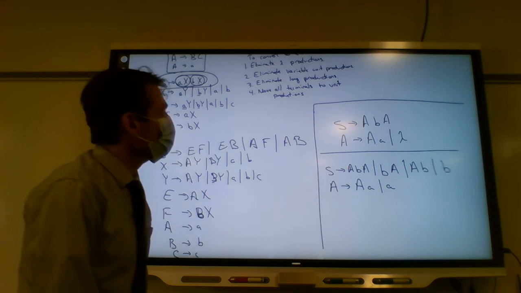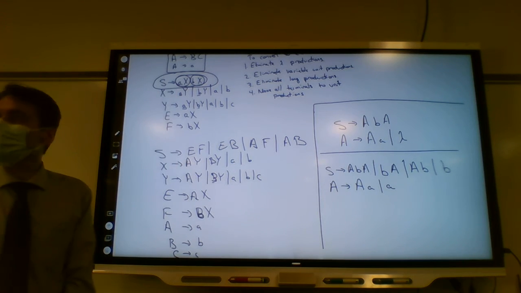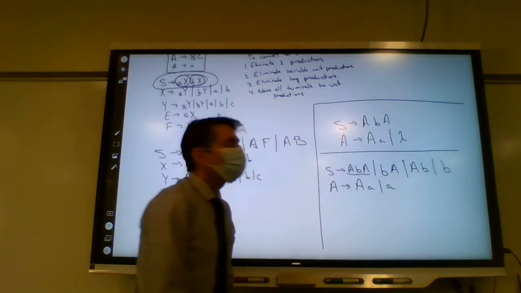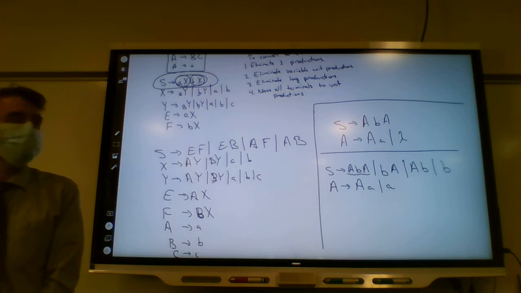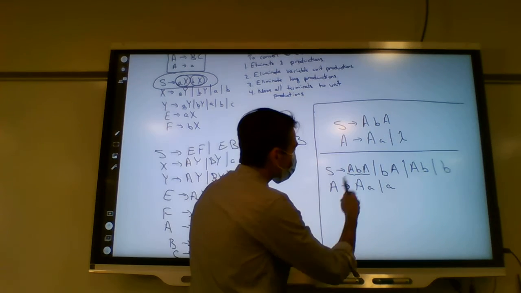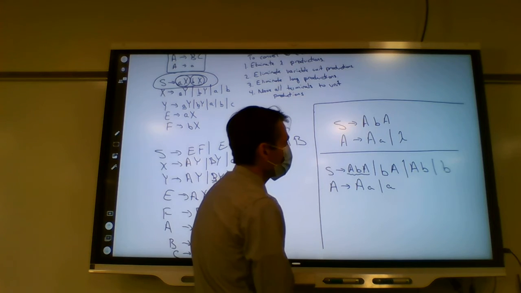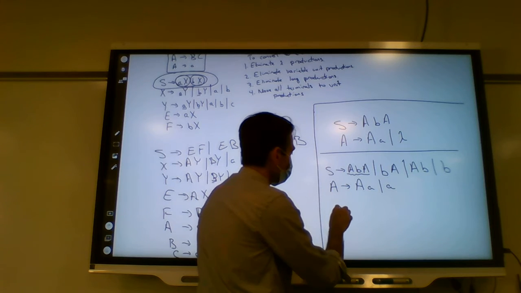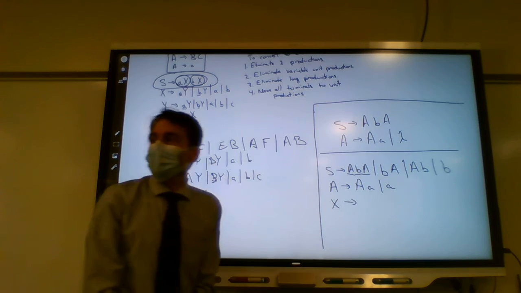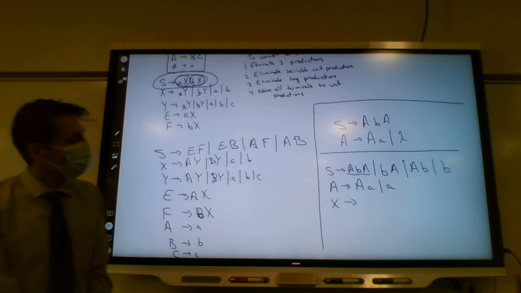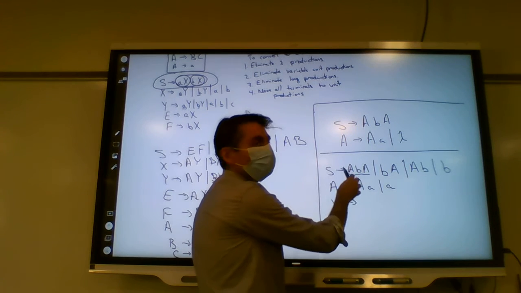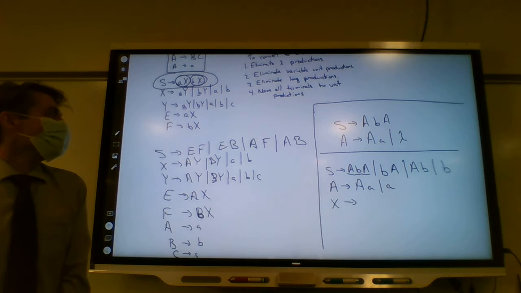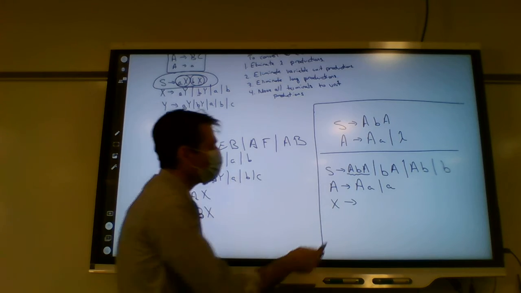All right, we need to eliminate long productions. Are there any long productions to eliminate? There's this one that we need to eliminate. All right, so what could we do? We need another variable, x. All right, so we have another variable x, and what does it have to take on? It has to take on part of what's happening right here. So maybe we let x be AB.